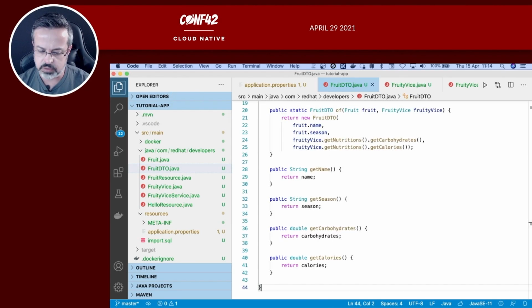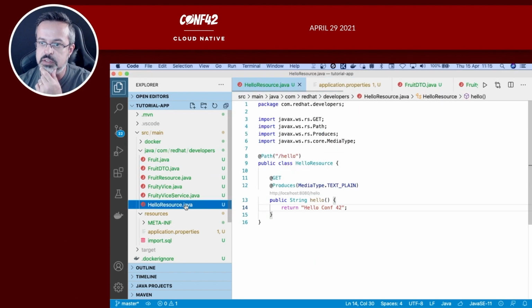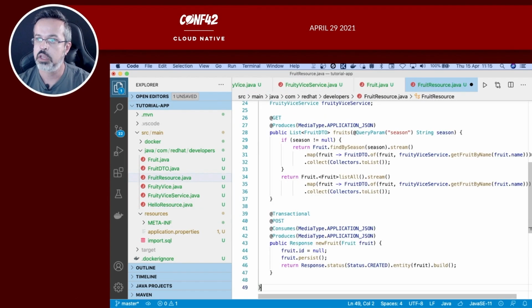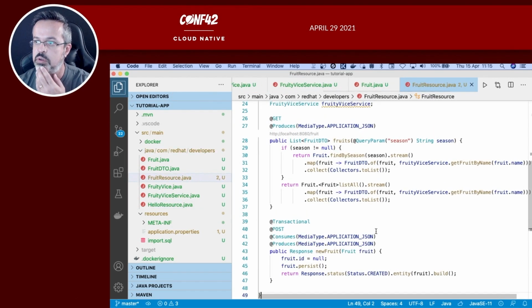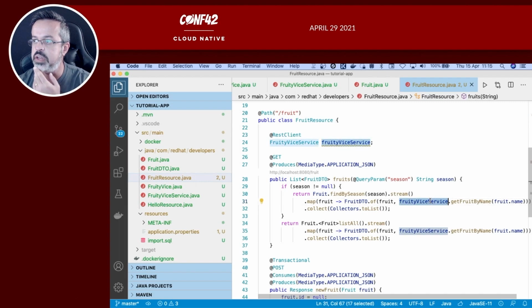As I said, I will not deep dive into too much detail, to save time and show you much more stuff. And now I will change my fruit resource in order to use our new REST client. Okay, so now we are using the fruit device to add some new data to our fruits. So let's call